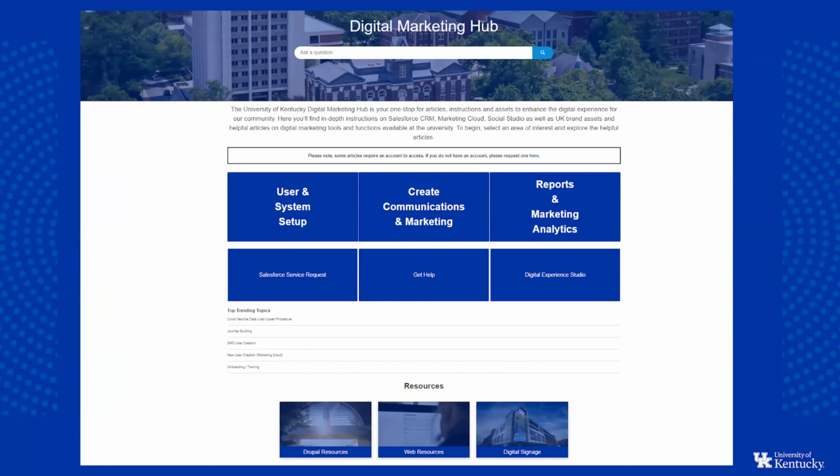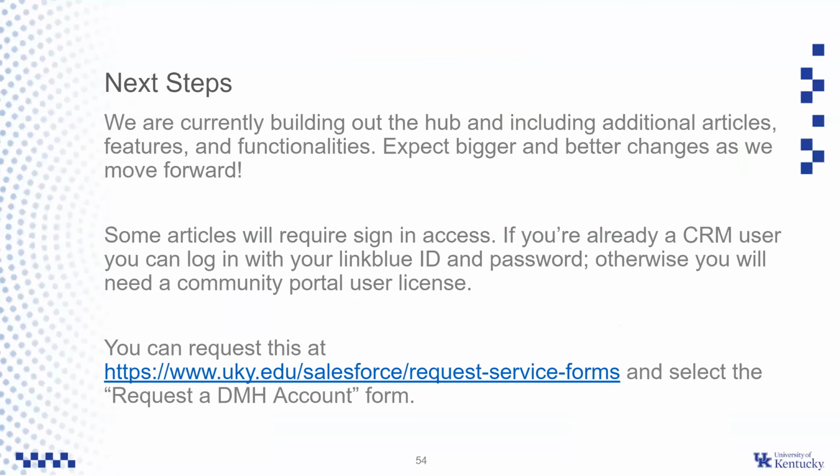and we've got some big plans moving forward with not only the aesthetic and functionality, but the content there within. So you can kind of just see a quick preview here of what that looks like. These top 3 levels here break down into articles, but you can see that we have articles related to processes and procedures within Salesforce itself, particularly useful to most folks on this call with the Create Communications and Marketing tab. A lot of it is asynchronous content that mirrors kind of what we talk about in our onboarding trainings and our triage help. But we are still developing articles, and we're going to be out doing some outreach to collect other articles from other folks to help expand that out a little bit.